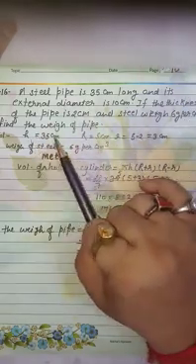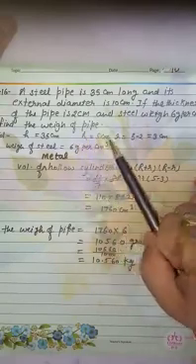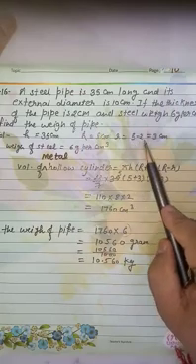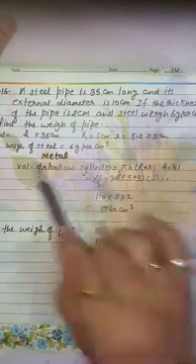Class, height is 35 centimeter. Capital R, external radius, is 5. Internal radius is 5 minus 2, where 2 is the thickness of pipe. So 5 minus 2 is 3 centimeter. Weight of steel is this.